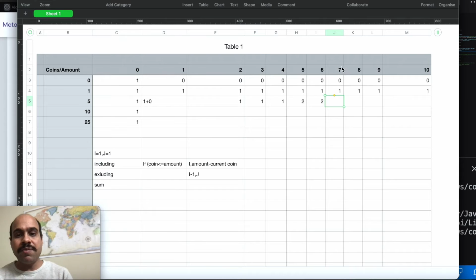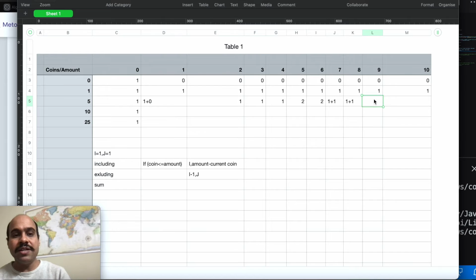If I want to make amount 7 excluding 5, I can simply go to the top row, and take that value. And if I want to include 5, then it means there should be a place for 5. So I should be able to make 5. So how can I make 5? If I subtract this current value from this amount, 7 minus 5, 2. So 1. If I come here, it will again be exclusion 1 plus inclusion, which will be the current value 8 minus 5. So basically come to the third index, 1.